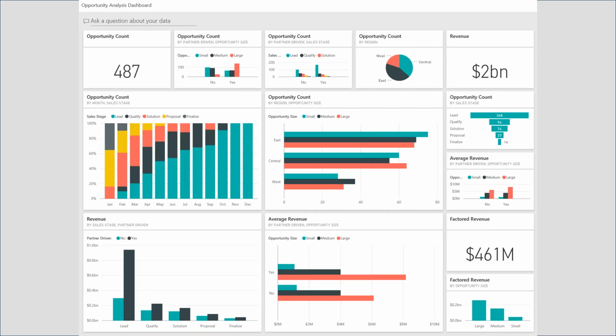And I'll use this here as an example, right? So you can see the ask a question about your data box up at the top. A classic opportunity analysis dashboard here. If you've got a structured sales team, sales regions, a sales process, you're going to have a lot of these data points here, right? But it's very common that you're going to ask a question or think about things in a way that splits these different data sets. So, as I mentioned, maybe it's driving web traffic, or maybe it's driving web orders, or whatever the case may be, right?